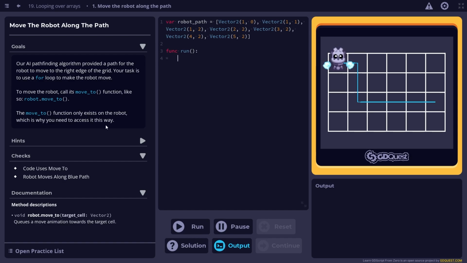Okay, robot.move2. So there's a robot variable or something, whatever, that we have to move. We'll figure it out. All right, so first things first, we're in the for loop section, so let's start with